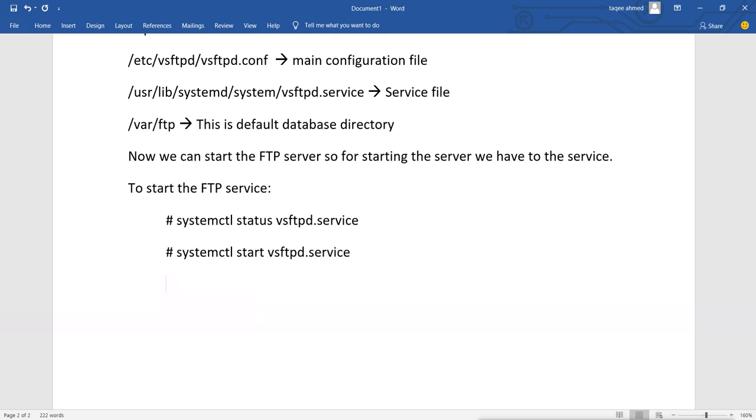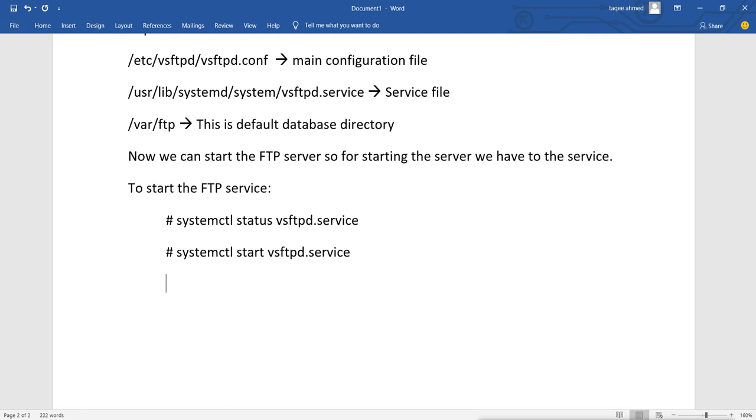Now every service has its own default status, that means whether the service is going to start after reboot or not, and that is enabled or disabled. If the service is disabled by default, then every time your server restarts, the service will not start, and when the service is not running, your server will not run.